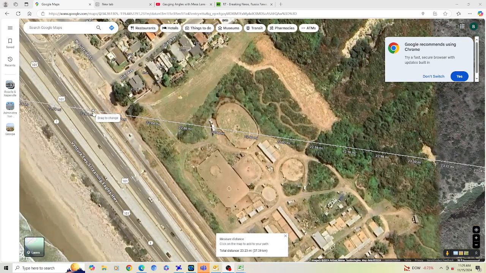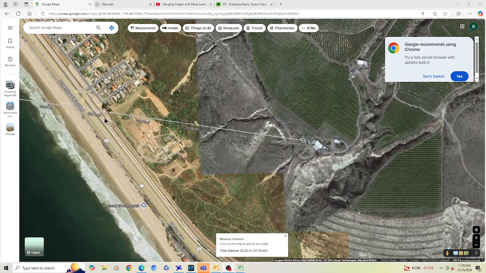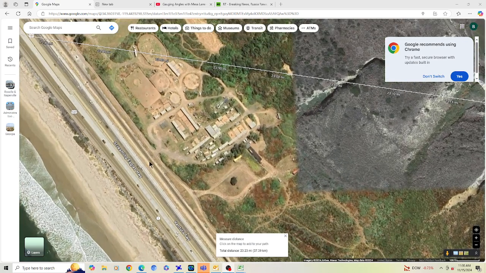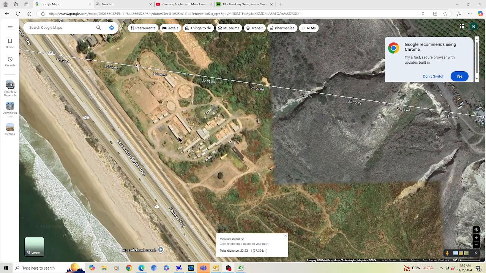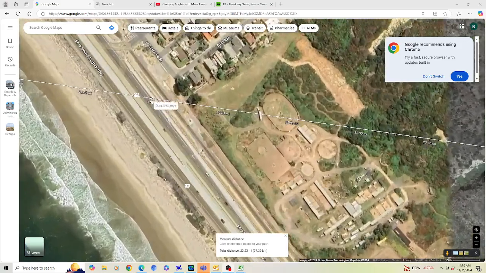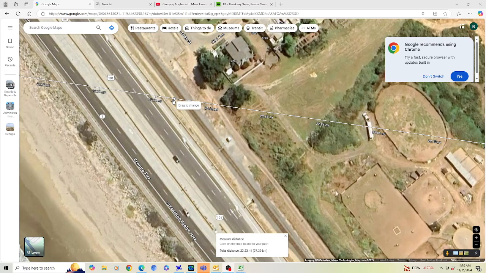If you line yourself up with the houses and you're on the grade, probably the backside, you would be in line to take from a ground shot a picture across that same path. If there are any obstructions in the way, making your way down to a point like here where you can see the trail going in, you might be able to get a straight on shot, perpendicular to the road, but I guess your best interpretation would probably be taking imagery from right in this area right here, whatever you could have access to